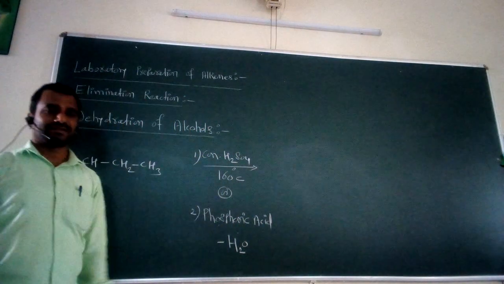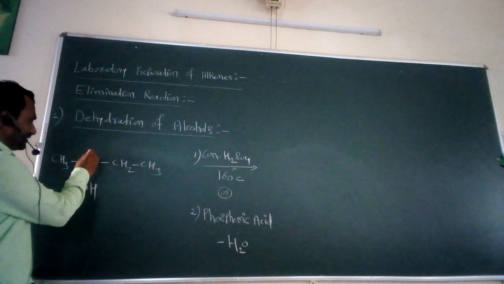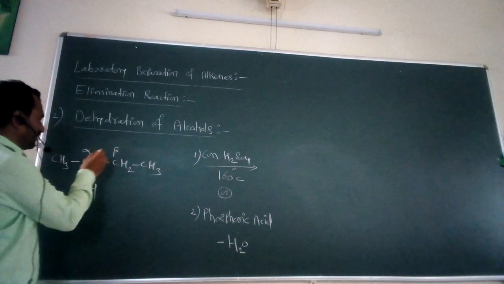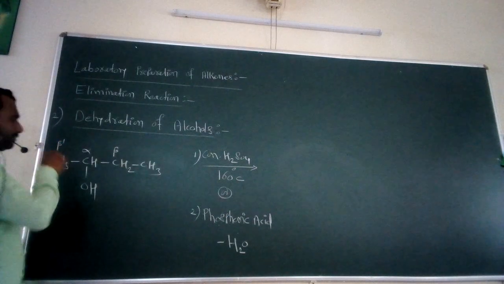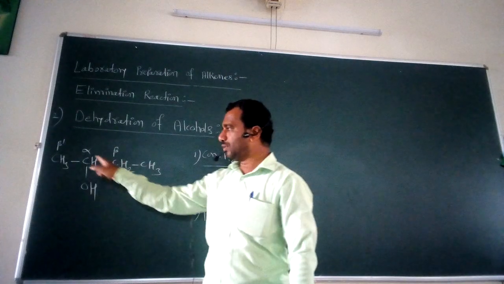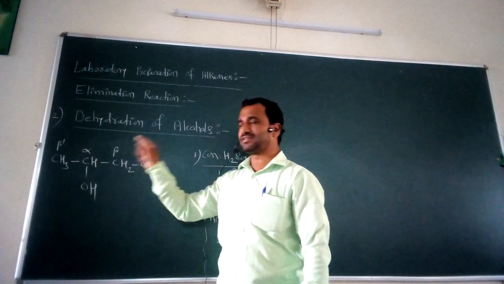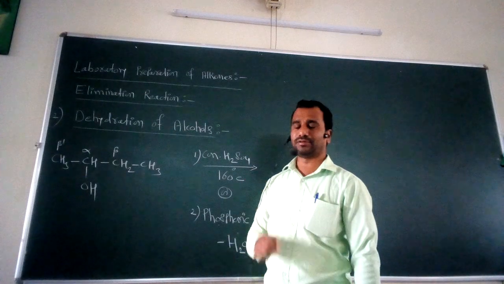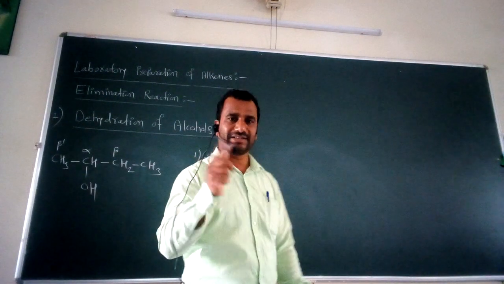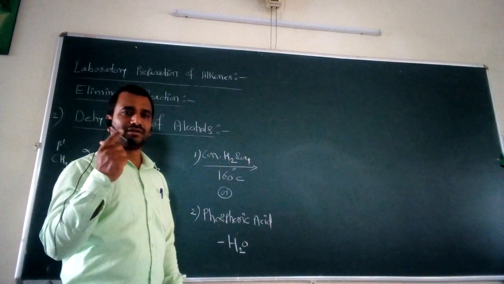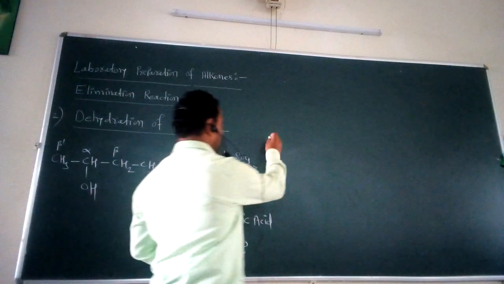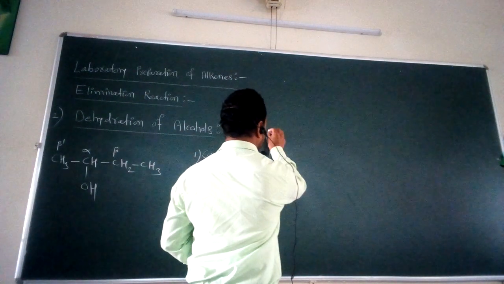In this case, if we look at the structure, the second-number carbon is called the alpha carbon, and the adjacent carbon is the beta carbon. On the left-hand side also, one beta dash carbon is there. So, we can say that in this case, two types of different beta hydrogens are present, and we know that if two types of beta hydrogens are there, we get a mixture of products. So at that time, we have to use the Saytzeff rule. Now, when two different types of beta hydrogens are there, how many products are obtained?